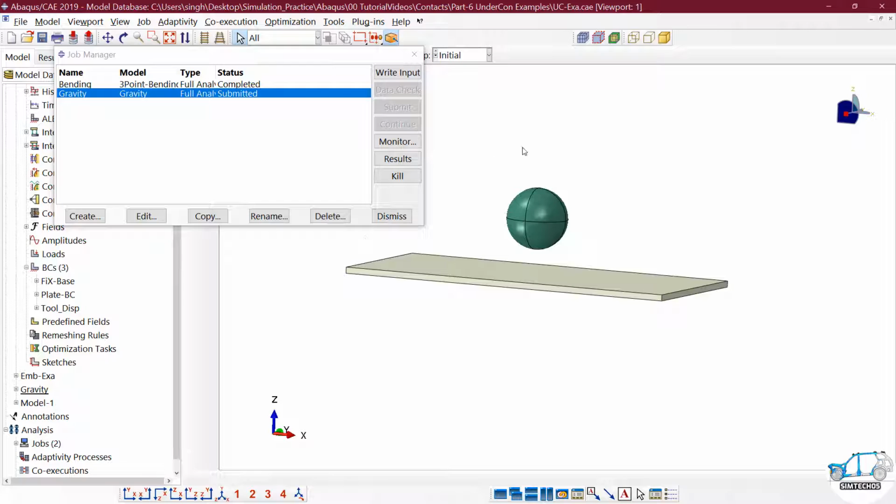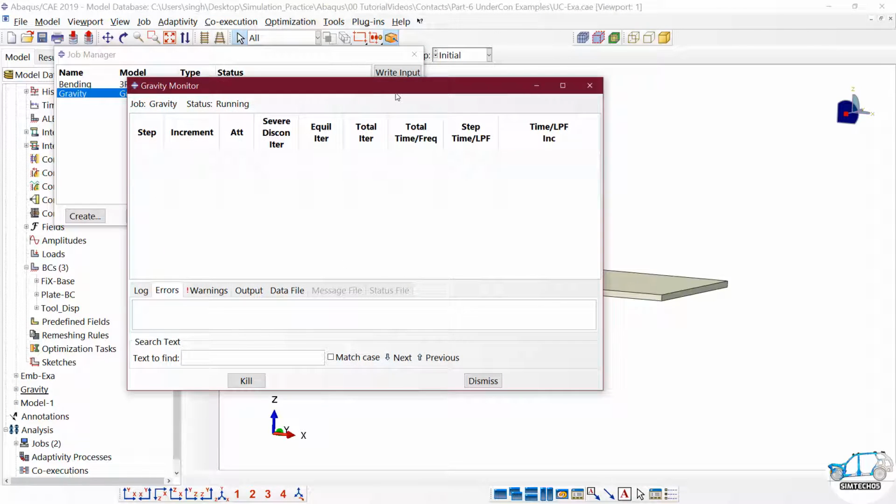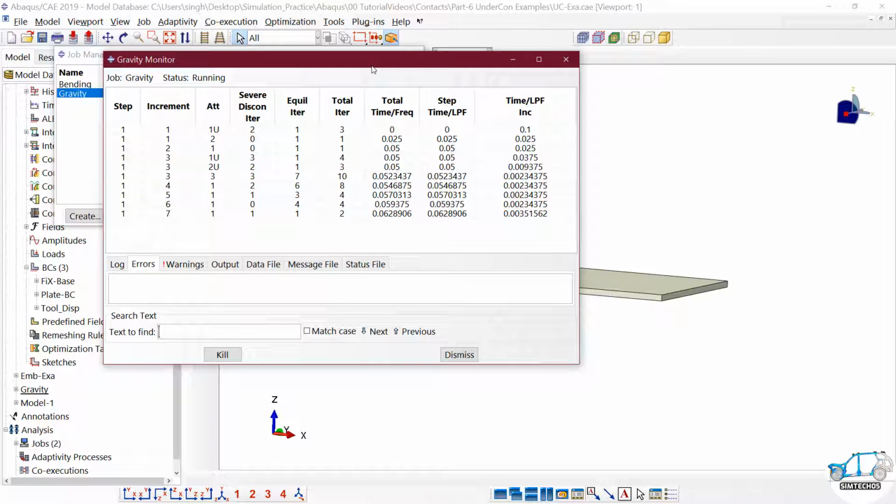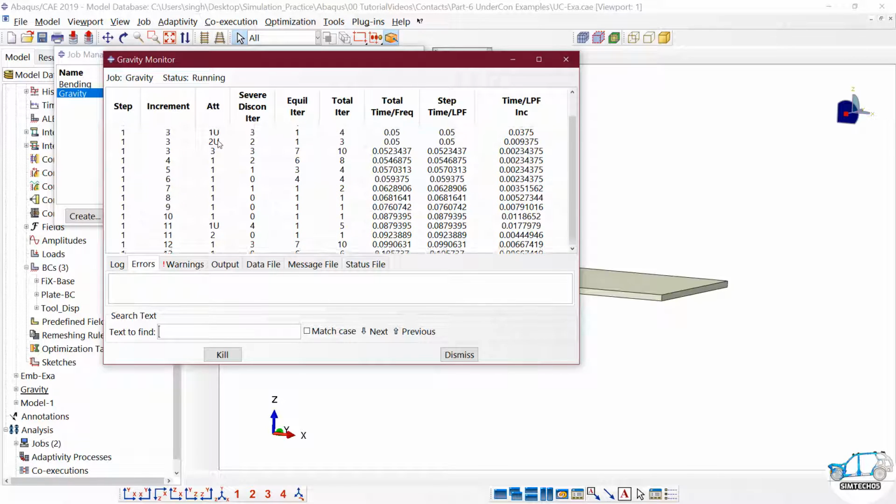So if you have this type of problem, a gravity loading type of problem, I always recommend going with implicit dynamic or explicit dynamic. Ultimately, dynamic simulation. Click on monitor and let's see. Okay, somehow the software was unable to manage the attempt for a few increments.